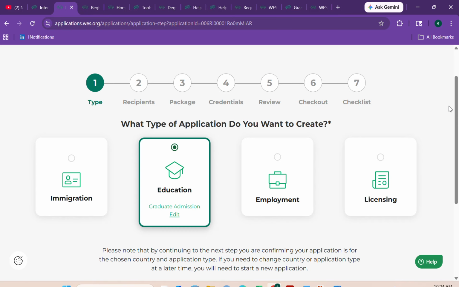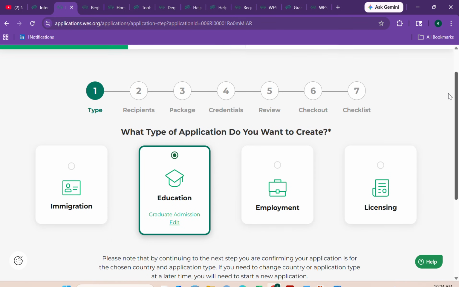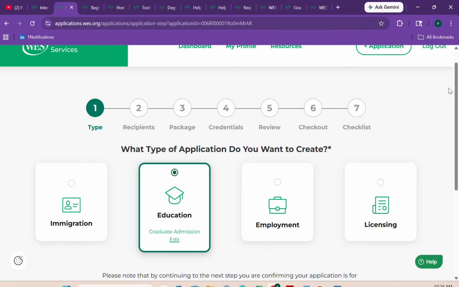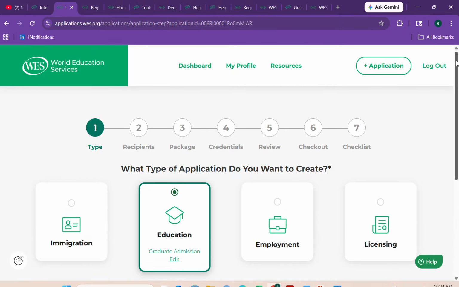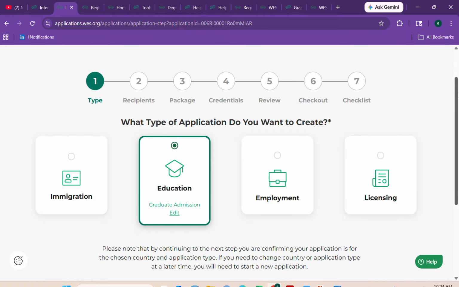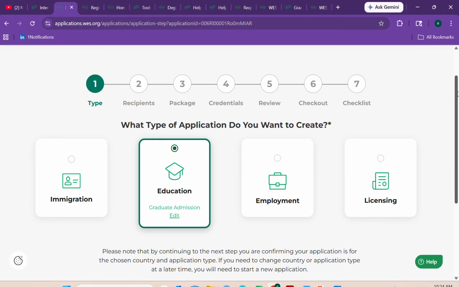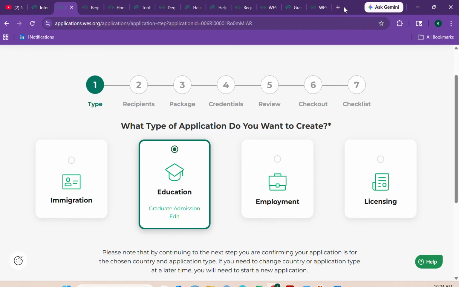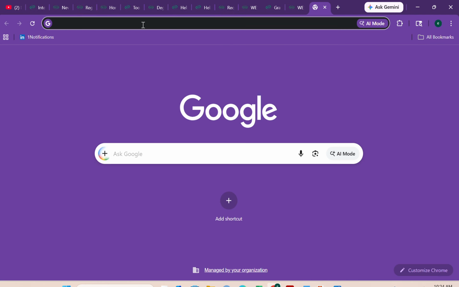I would like to end the video here because from this step, I have a video on it already on my channel where I have taken my time. I took you through the step-by-step process. They have about 7 steps here, from 1, 2, 3, 4, 5, 6, 7. I've done that. I have a video on it. So if you want the step-by-step process, I recommend that you go to my channel and search for that. You can go to YouTube,